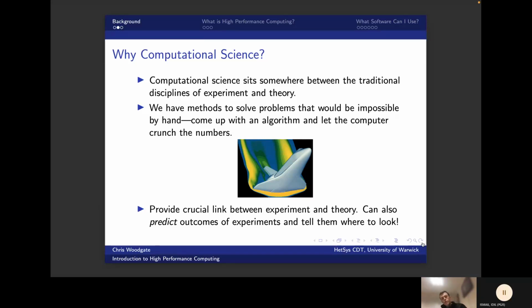So we provide this crucial link. A theorist still has to write down the equations that we're going to solve. We still have to know what equations we're going to solve, but the computer enables us to solve them without ever having to write down the solution in a simple form like you would with pencil and paper in a maths class. And then beyond that, these days we also move into what we call predictive modeling,